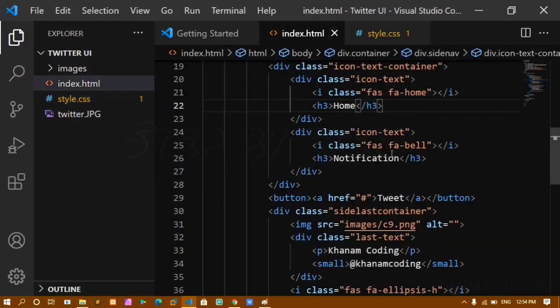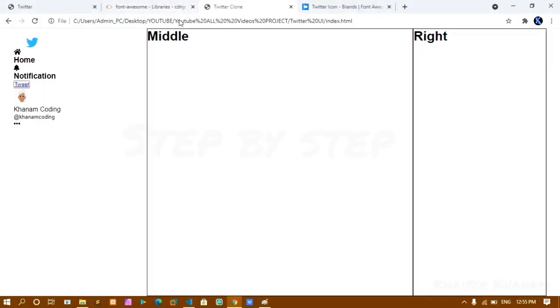Now just come to index.html. Now just imagine, this div container icon text div container is the parent for I and H. Now in our output we got them in different lines. I want them in a single line. To bring them onto a single line, what we did for this div container, we gave display flex for our parent container, to bring these three divs side by side. So for this also we'll be doing the same.